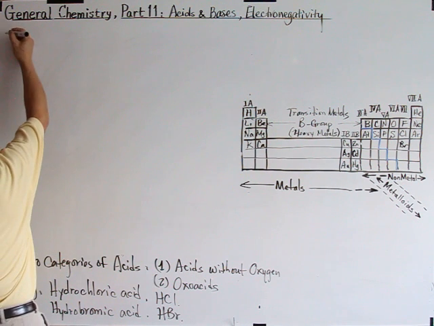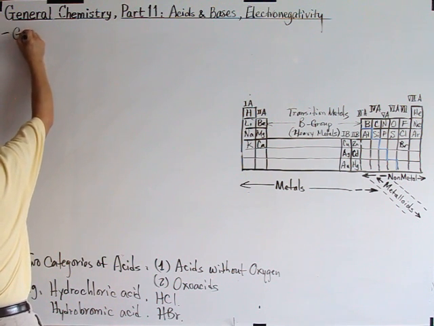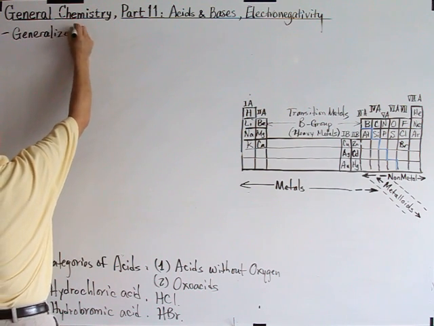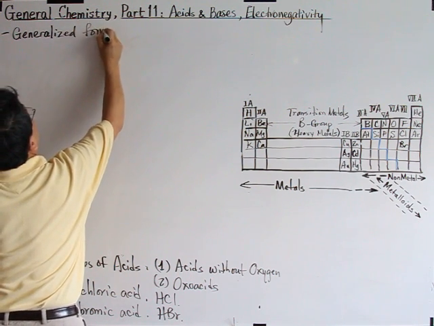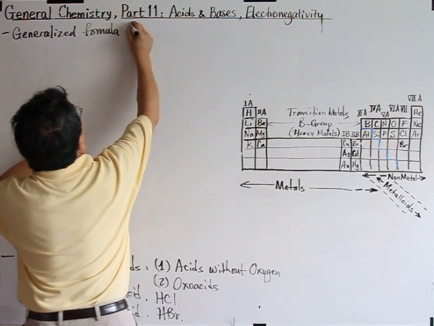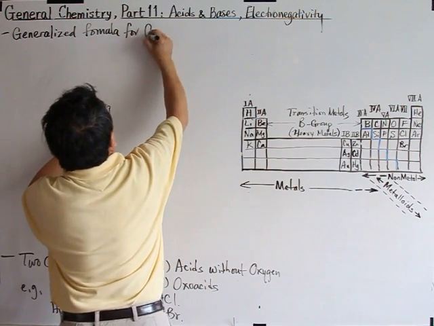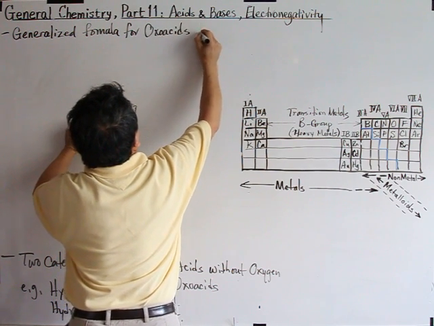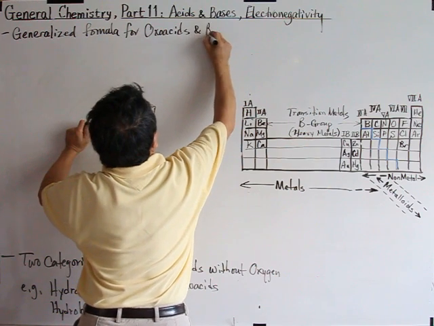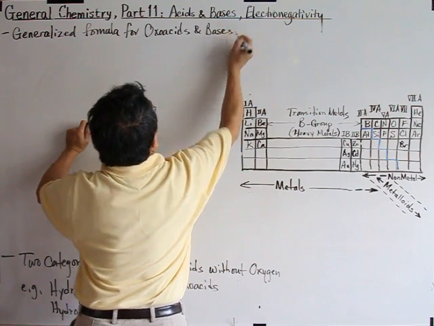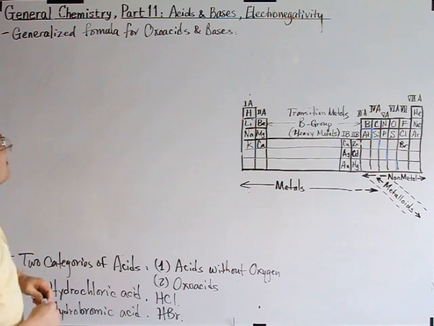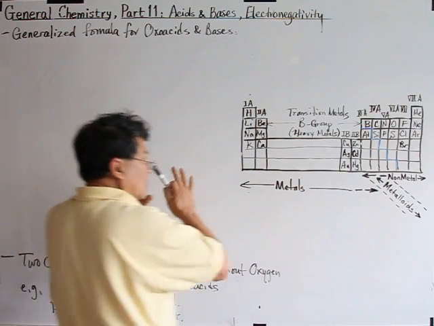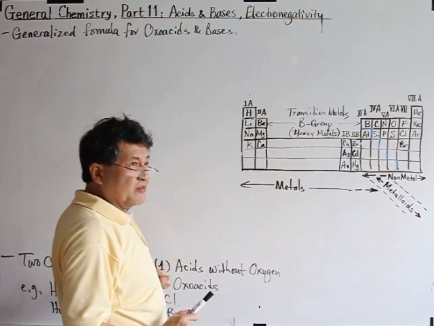Let's say generalized formula for oxyacids and bases. Right? Now, before we go there, we want to review the layout of elements in the periodic table of elements,